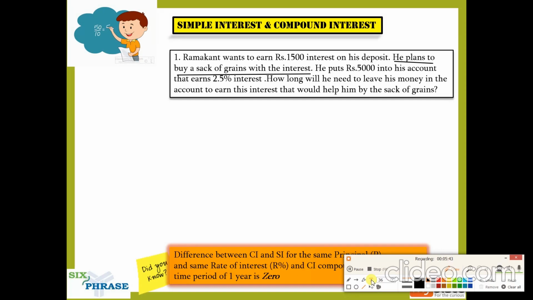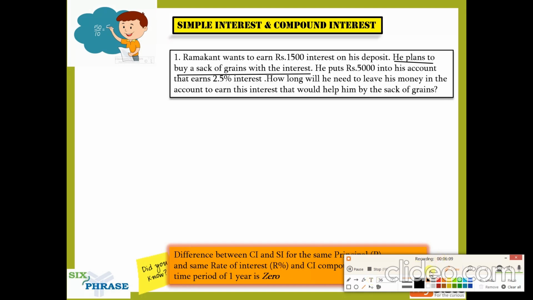Just look at this question, have they mentioned simple interest anywhere? They just say interest, right? What they're talking about is simple interest. If it is compound interest, they'll always mention it to be compound interest. And in compound interest, they'll also mention if it is done annually or half yearly. If nothing is given, it means they are doing it annually. Okay, so these are all the givens that you guys should know.